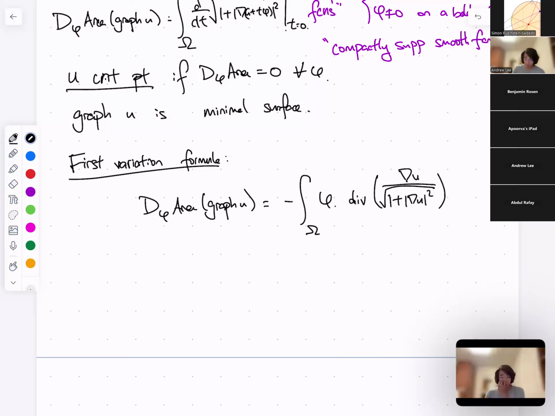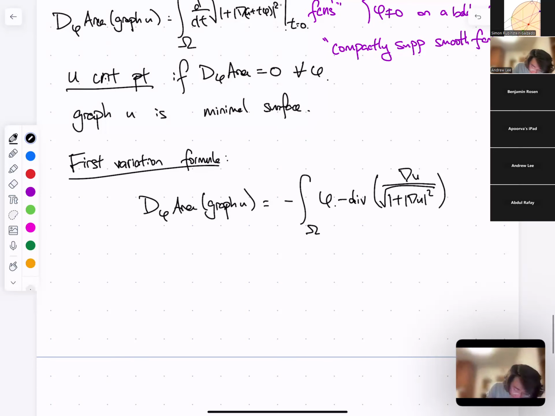And so if I define this guy, I'll put the minus sign inside, as the mean curvature H,